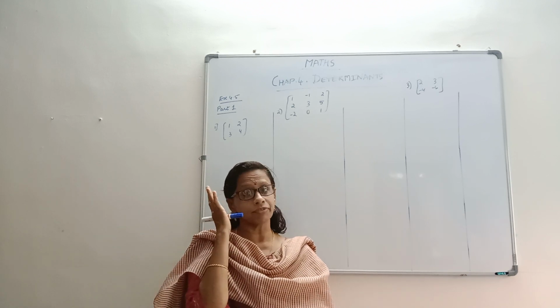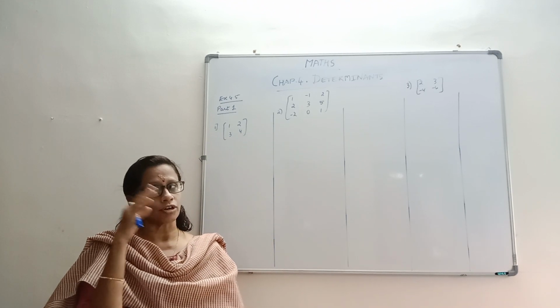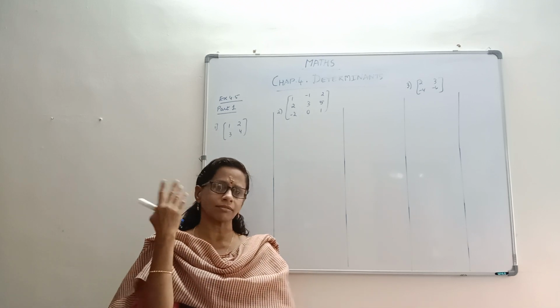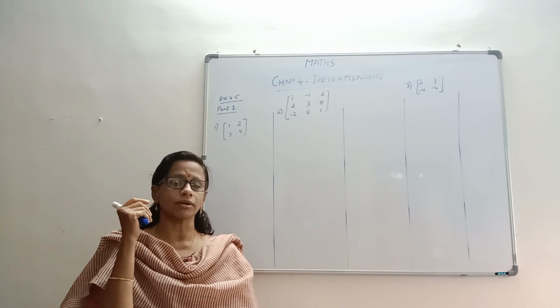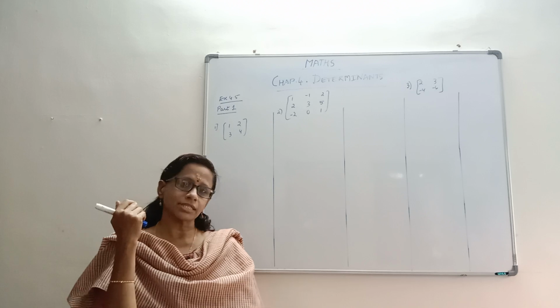So if in the exam we have these row and column operations, and you are very good at finding the adjoint, you can find the adjoint and cross-check if your inverse matrix is correct or not. So both ways. Adjoint is important because it helps us find the inverse of a matrix. So let's start right away.